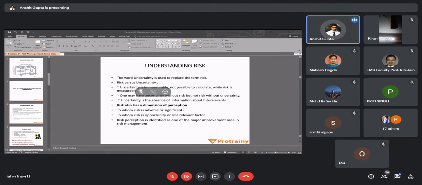Now, what actually is risk? A phenomenon closely associated with uncertain events. It is a chance of loss. It may be either frequency or probability of occurrence, and the magnitude of future loss, that is, probability of occurrence into magnitude of loss. Okay, this I told just 2 minutes ago, that is how we actually calculate risk in real life.